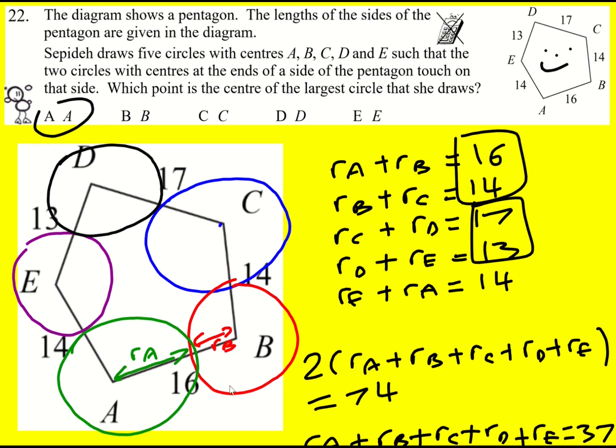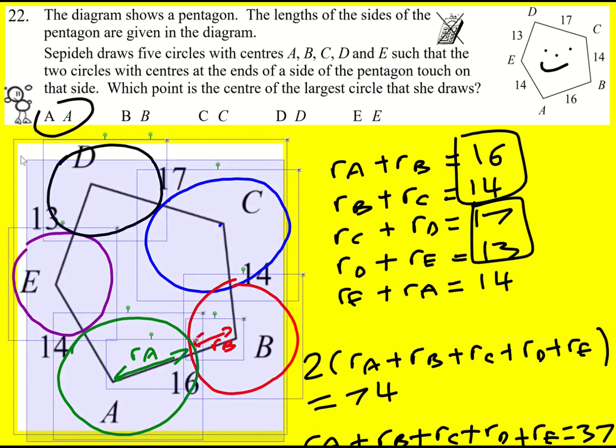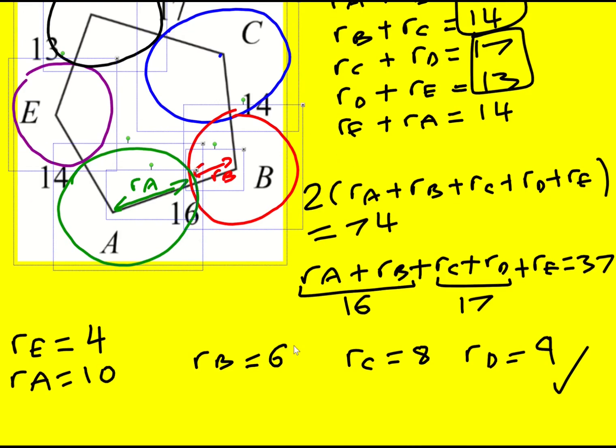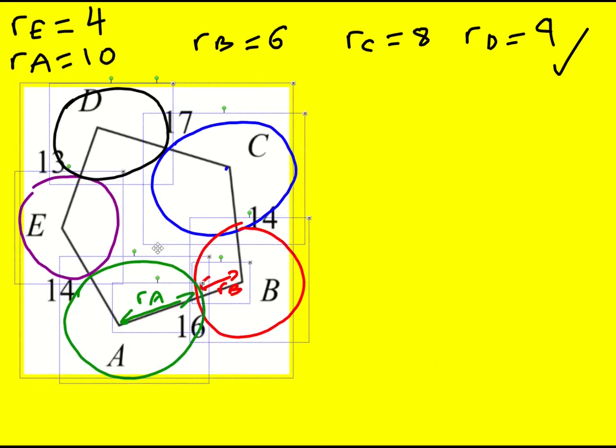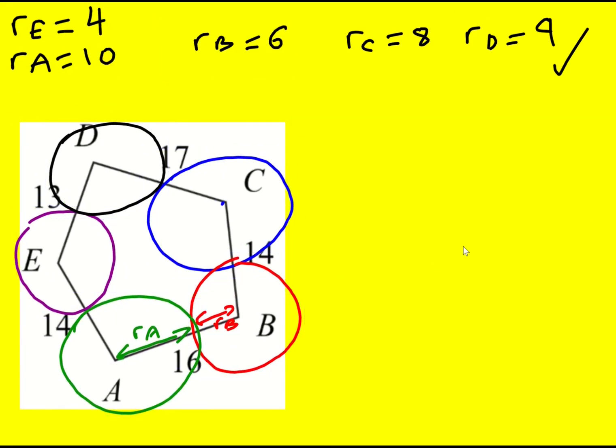Now, let me show you another way to do this question. This is how the answers did it. Slightly different. It's nice. So instead of calling it RA, we just sort of call this one X. And then this is going to be 16 minus X, which means that this is 16 minus X,